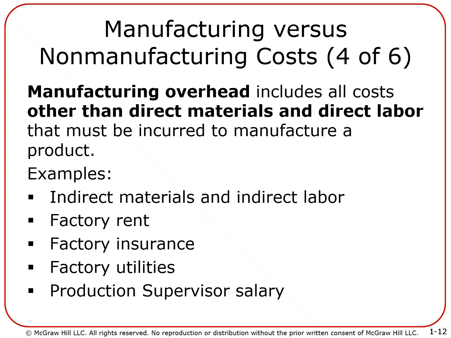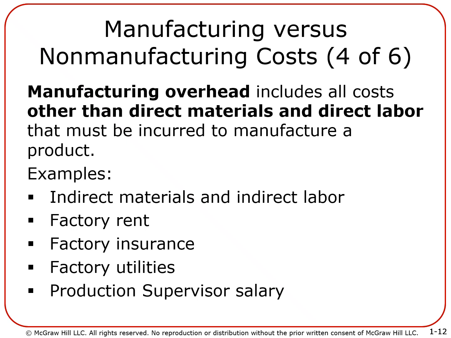However, there are indirect costs, indirect manufacturing costs more specifically. We call that manufacturing overhead. So remember, manufacturing overhead is all kinds of manufacturing costs that do not fall under the category of direct material and direct labor. We call those manufacturing overhead. These are indirect manufacturing costs. So an easy way to remember is that manufacturing overhead is what? Indirect manufacturing costs. Some examples of those are indirect material and indirect labor.